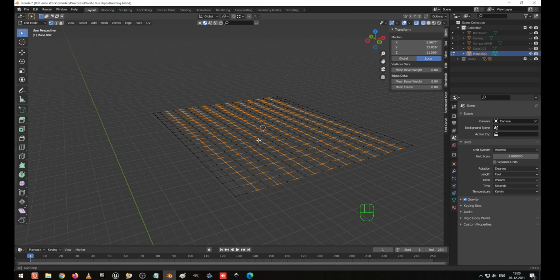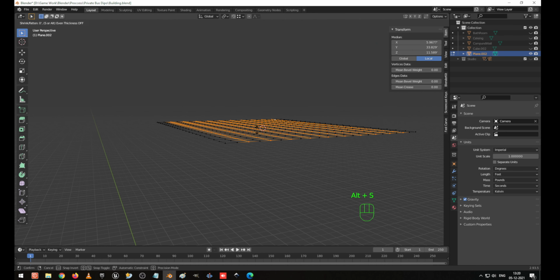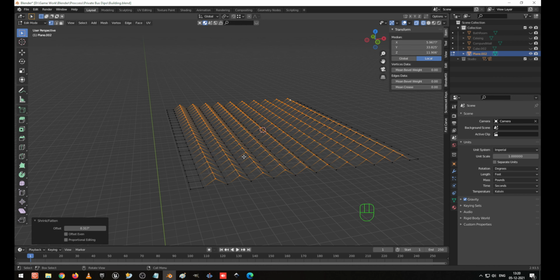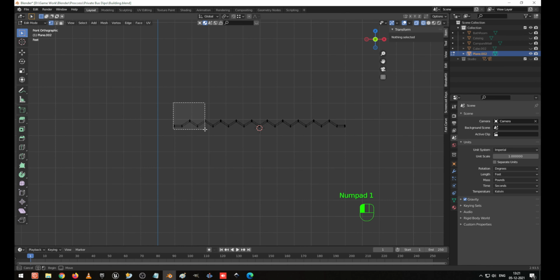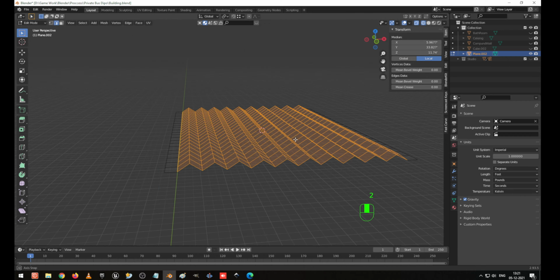Okay, I press Alt S. So we can make it like this, and I select everything in front, right? So I go to the front view, I select everything and go to the edge selection.